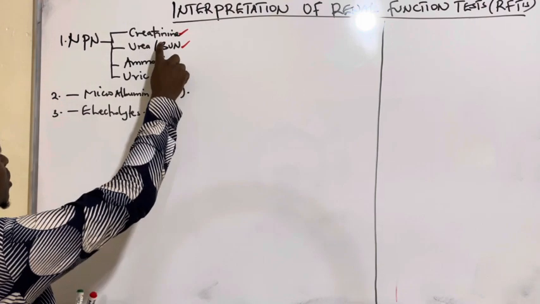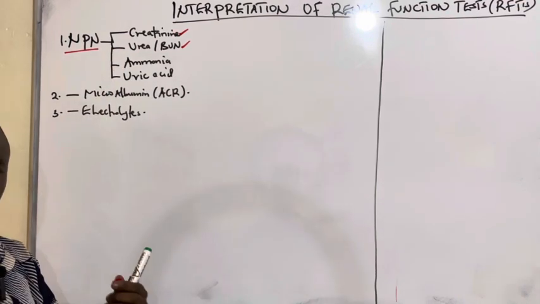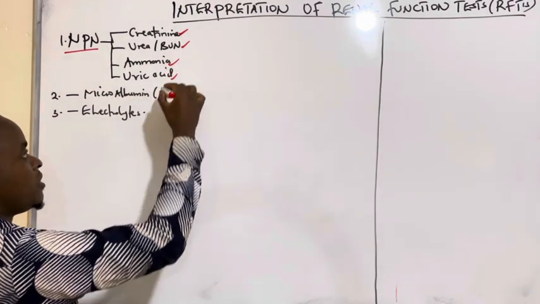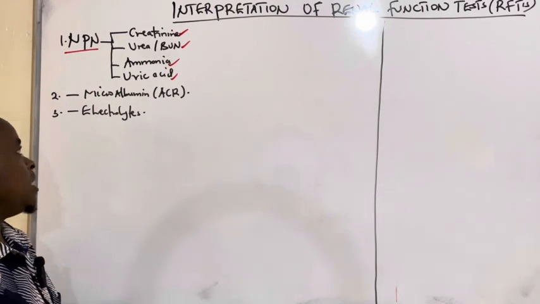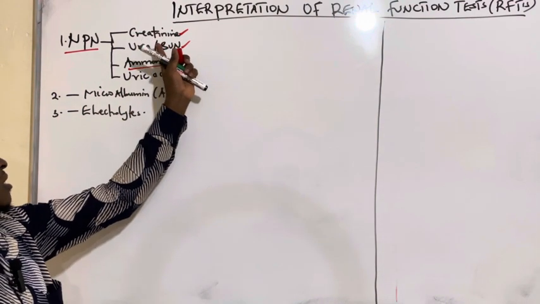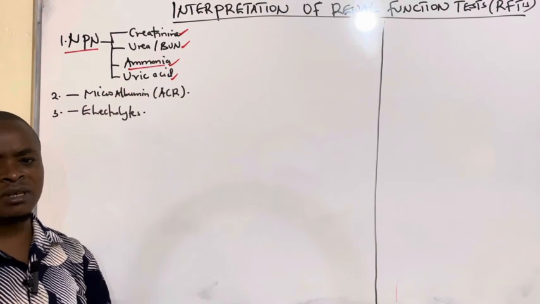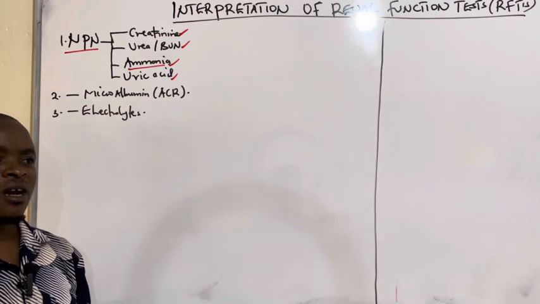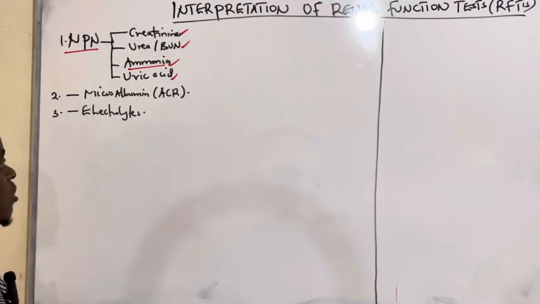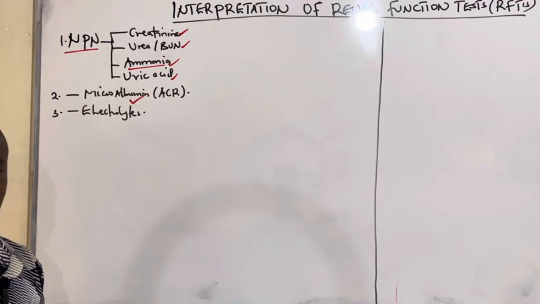So these are the parameters we can do, but the other non-protein nitrogen compounds, which are produced as waste products of metabolism, are ammonia and uric acid. But many times ammonia is not done. We do measure creatinine, urea, and uric acid. But the uric acid measure, they don't put it under renal function test, but it's part of the renal function test. So we shall talk about it in detail, and we shall also see microalbumin,